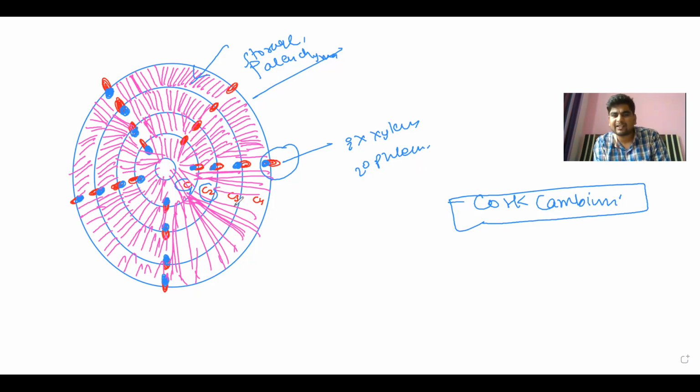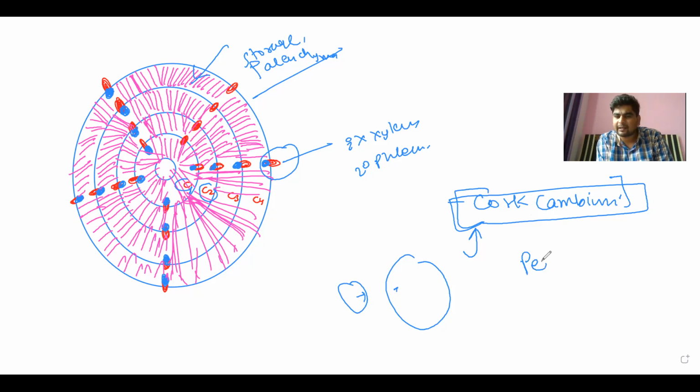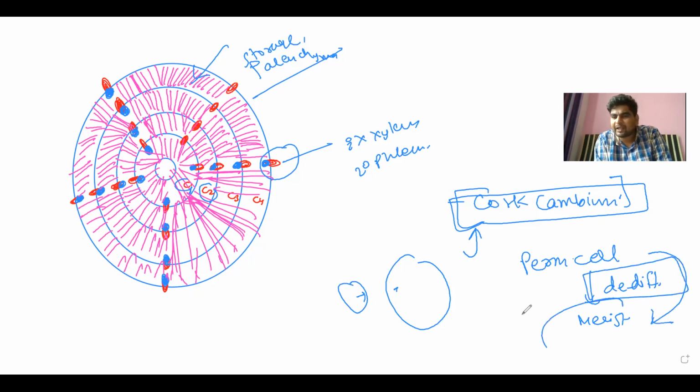While these cambia are increasing the thickness by producing xylem, phloem, as well as parenchyma, what is outside? Outside are the epidermis, cortex, and parenchyma. Since they are permanent tissue, they will be ruptured whenever the thickness increases from inside. But those permanent cells form new meristematic cells that are called cork cambium. And again, I have told you, whenever a permanent cell becomes meristematic, this is dedifferentiation. So the older cortex or older epidermis becomes meristematic again by dedifferentiation, and the new meristematic tissue produced outside will be called cork cambium.